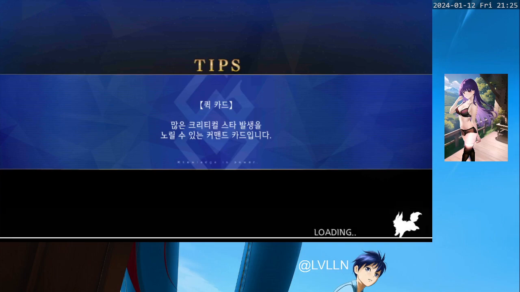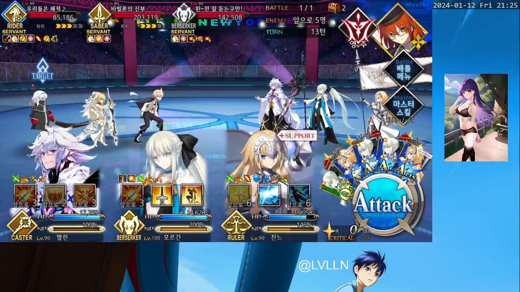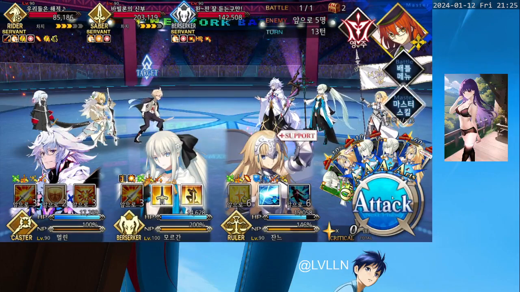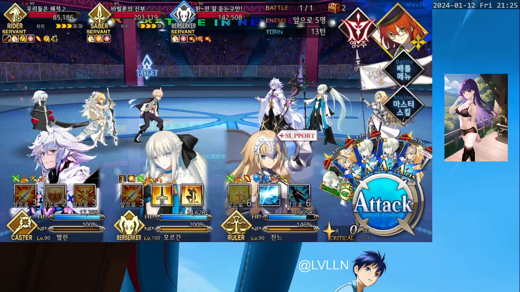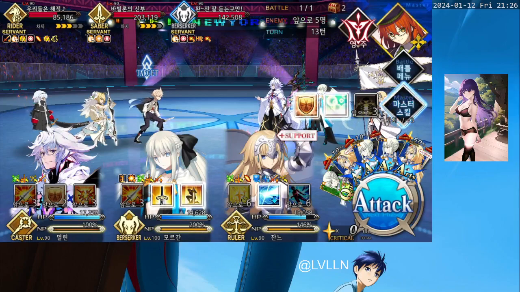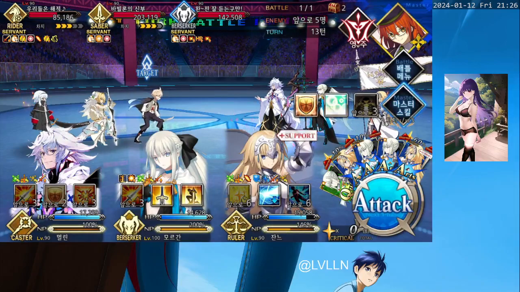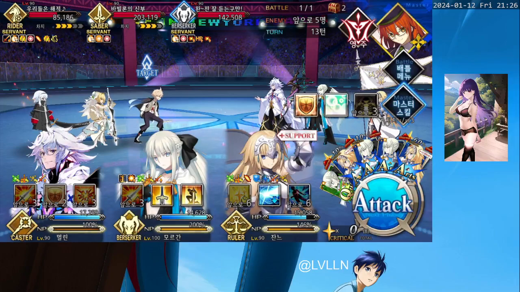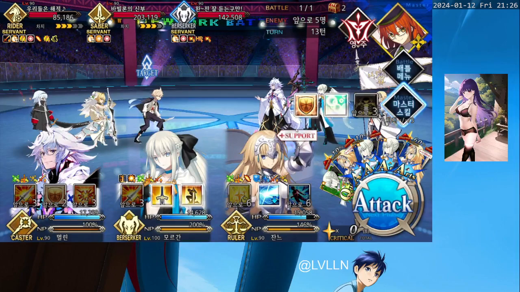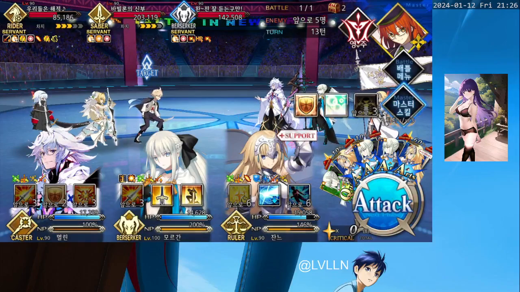I guess the nice thing, at least, is that Morgan has the guts from the CE. There's no way I can get Jean's NP back to full. Unfortunately, if I give the invul to Jean, there's a very, very high chance that he'll target someone else anyway. I can use the AoE. I guess I shouldn't have used the...